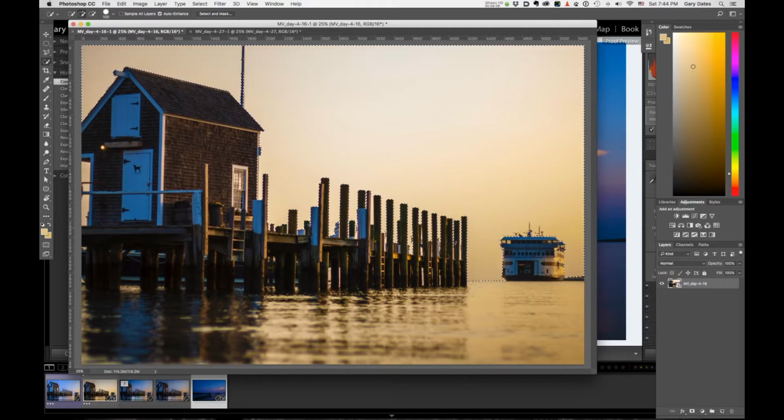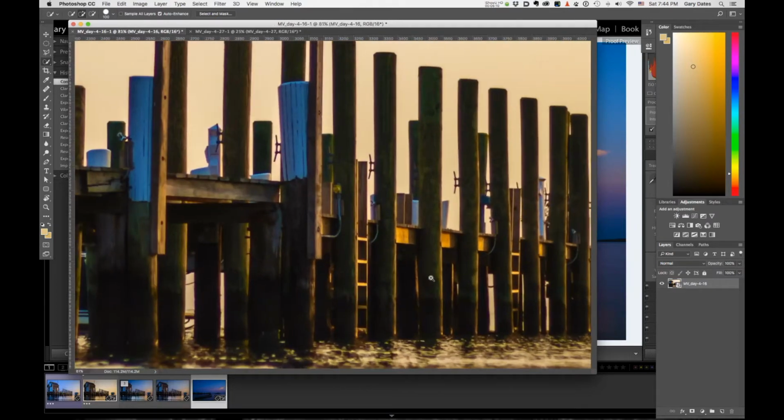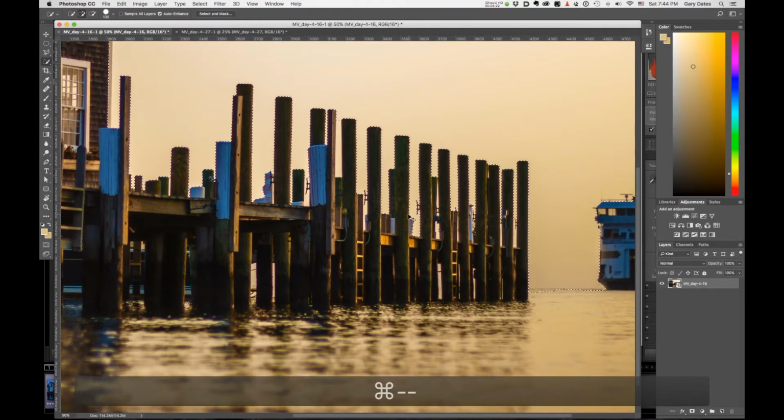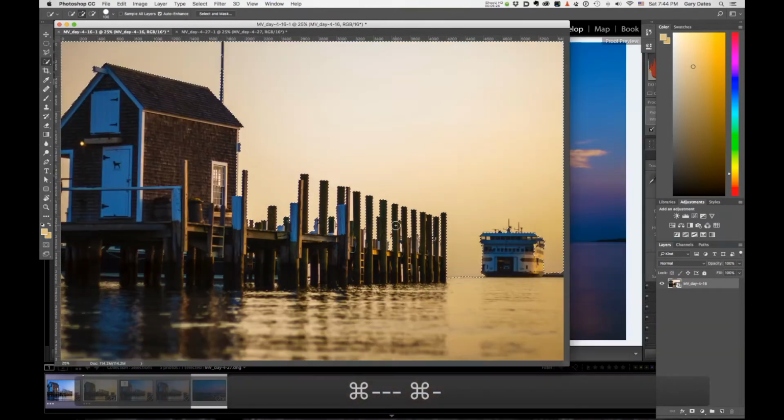If I zoom in, you'll see that it really did miss a lot of stuff. It missed here, it missed here, it missed there, here, here. There's a lot of stuff it missed. I've tried going in and selecting all that stuff manually, but God, what a waste of time. There's a much easier way to do it. You go to Select,